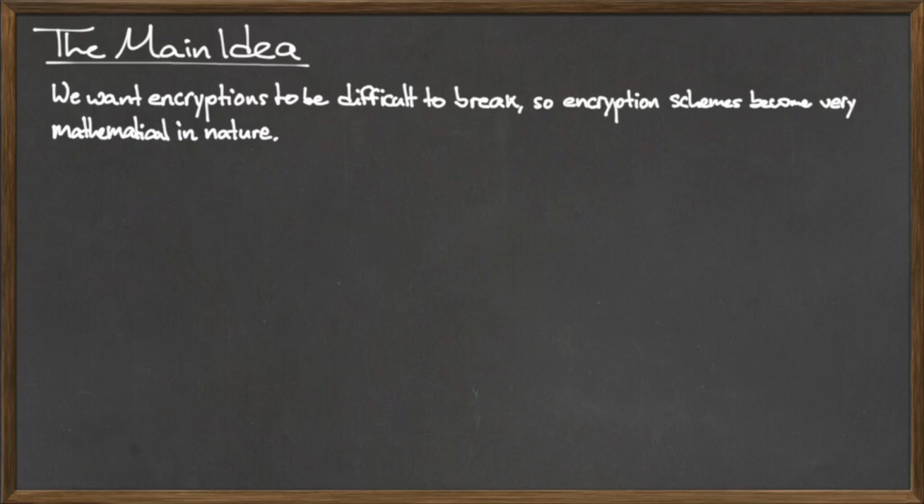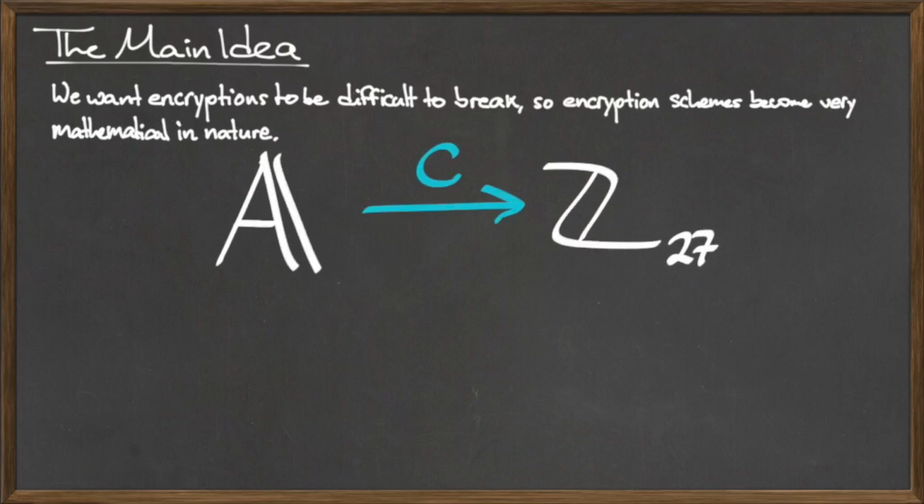Let's say that Alice wants to send an encrypted plaintext message to Bob. To increase the security of her message, Alice can use a substitution cipher. For this type of cipher, Alice starts with a plain text message whose characters are elements of the set Blackboard A. Then she uses an invertible encoding function C to convert the plain text characters to numbers that are elements